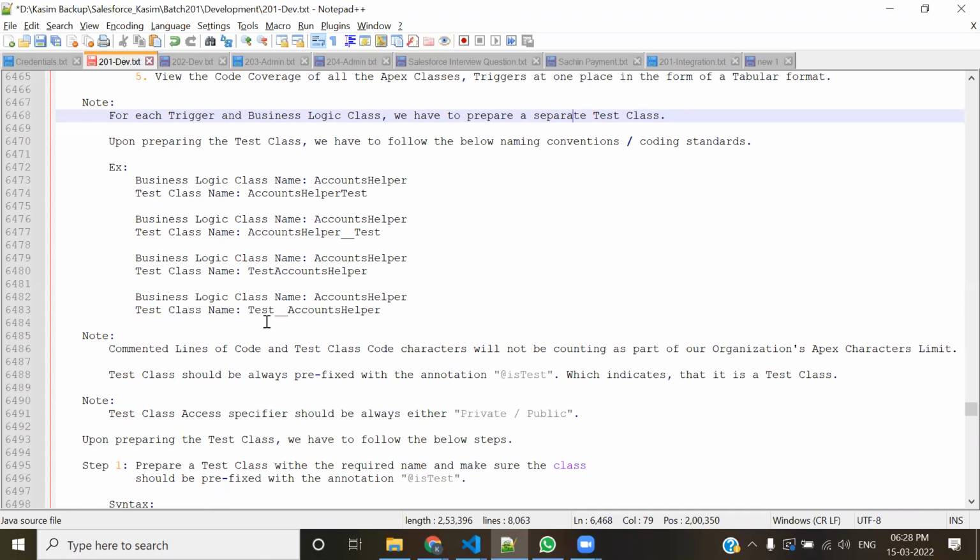हाँ, एक आखिरी और चीज, for example yesterday I told you one thing, see the usual naming convention जो होते हैं, usual naming convention कैसे होते हैं कि there is a class called as AccountHelper, उसकी test class का नाम आप AccountHelper तो लिखो ही, साथ में आखिरी में Test लिखो, underscore Test लिखो, या Test को पहले लिख दो, ठीक है। I usually follow this, मैं जब भी बनाता हूँ test classes तो usually मैं इस तरह से बनाता हूँ कि Test नाम का word पहले देता हूँ और बाद में वो particular class देता हूँ, ठीक है।